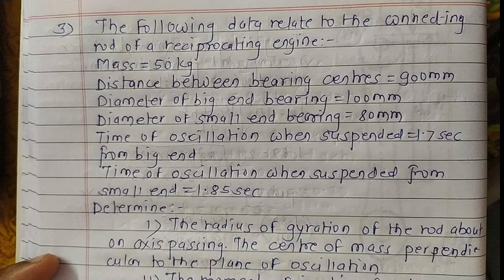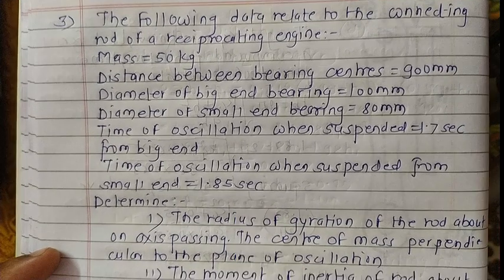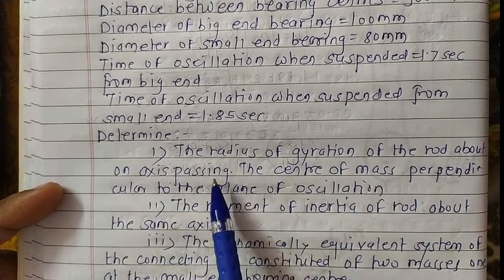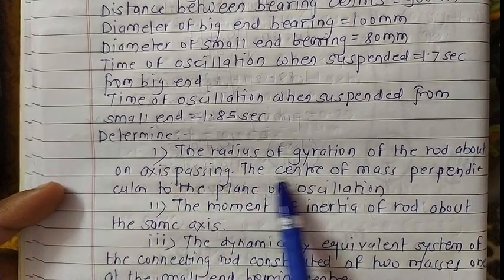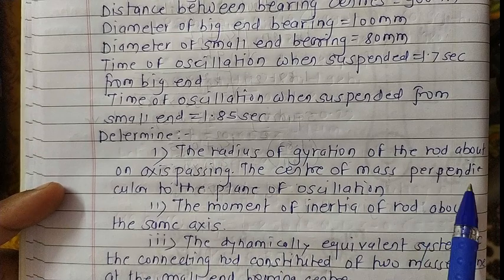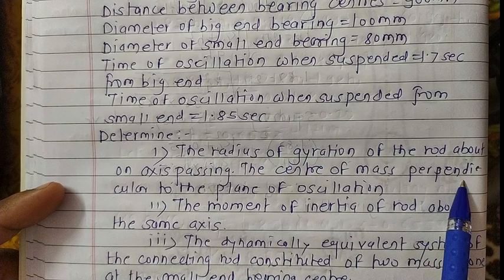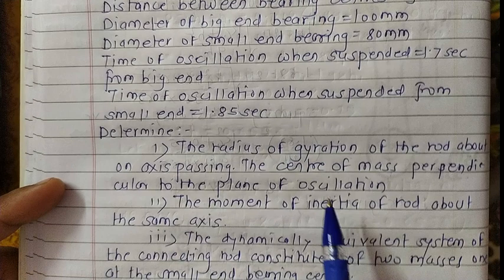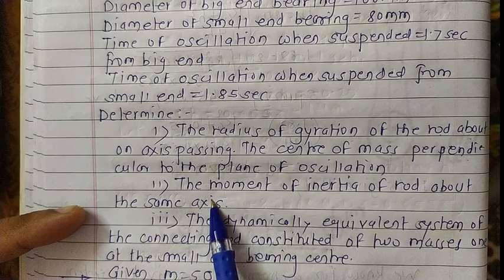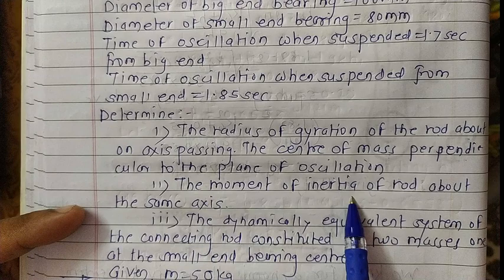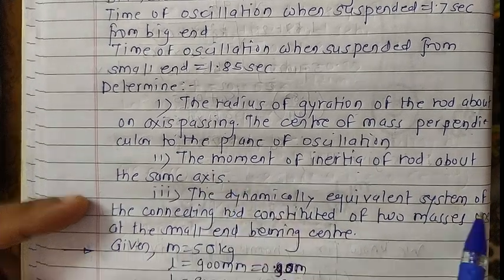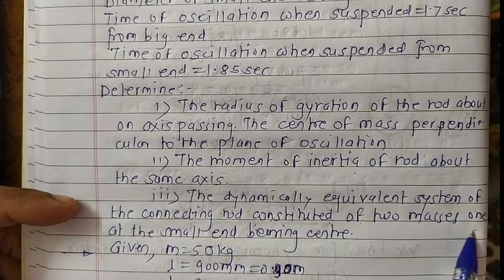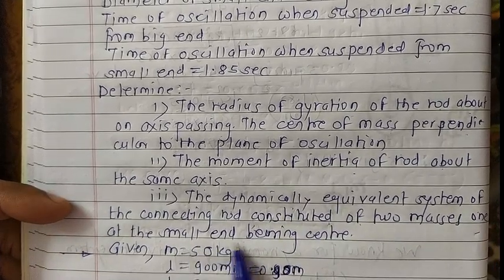Determine first the radius of gyration of the rod about an axis passing through the center of mass perpendicular to the plane of oscillation. Second, the moment of inertia of the rod about the same axis. Third, the dynamically equivalent system of the connecting rod constituted of two masses, one at the small end